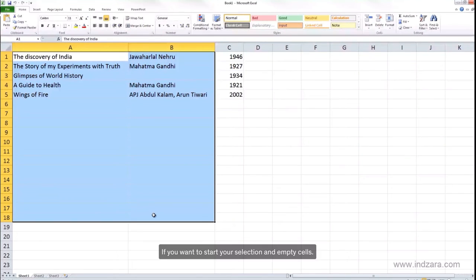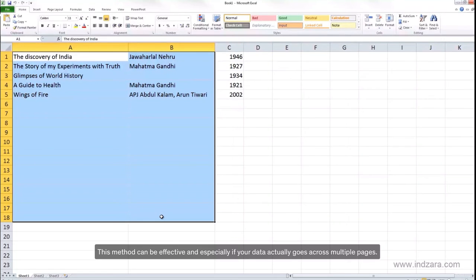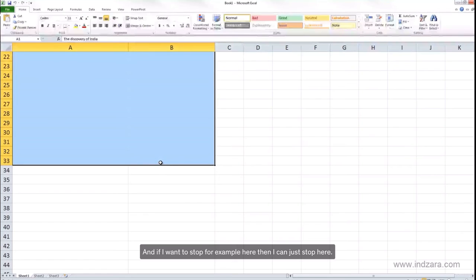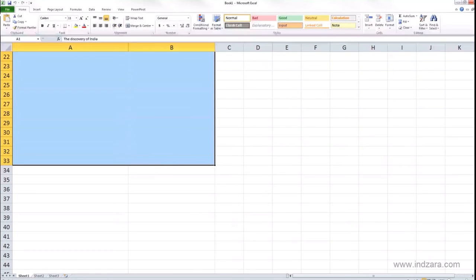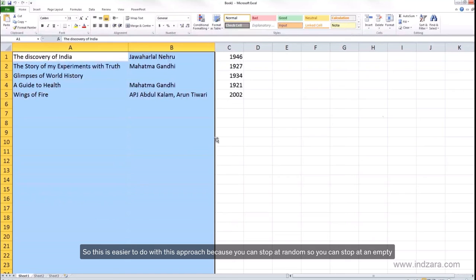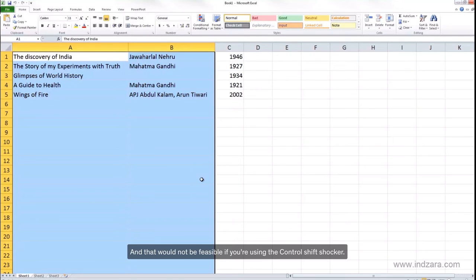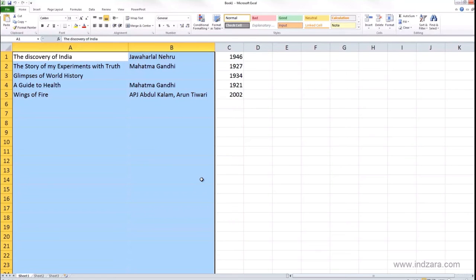If you want to stop your selection at empty cells, this method can be effective, and especially if your data actually goes across multiple pages. And if I want to stop, for example, here, then I can just stop here. So this is easier to do with this approach because you can stop at a random cell, you can stop at an empty cell also, and that would not be feasible if you're using the control shift shortcut combinations, for